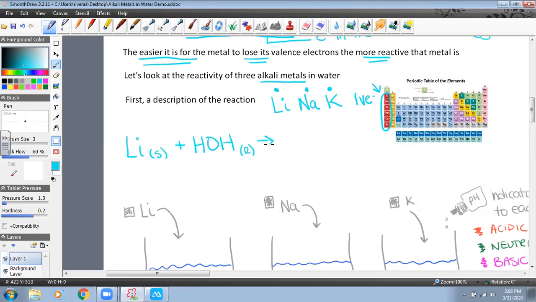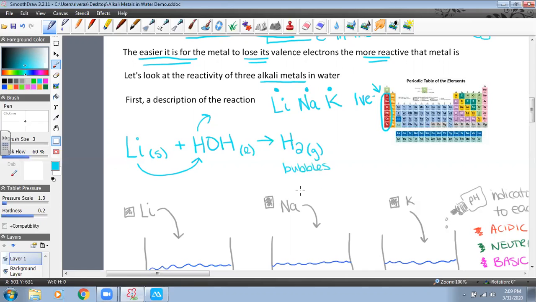This reaction, and you don't need to know these types of reactions, we're going to learn them later, is called a single replacement reaction, because this lithium atom is going to go into the water and kick out this hydrogen. So that hydrogen is no longer going to be part of the water. It's going to come bubbling out as hydrogen gas, which is H2. So we should see bubbles